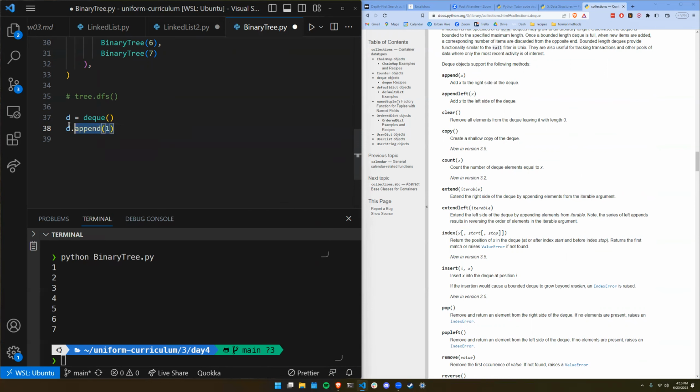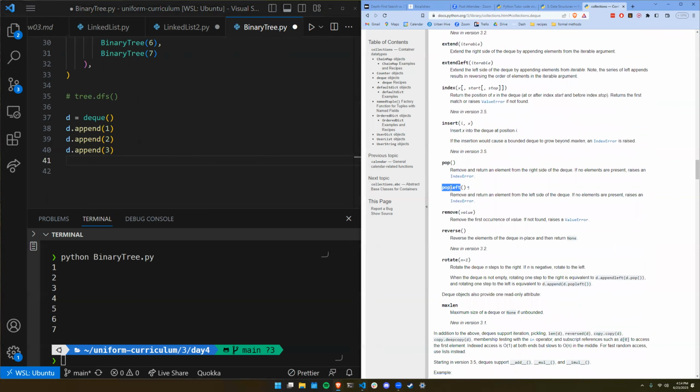1, and I'll just keep doing that. D dot append 2, 3. And then I want to pop off that thing on the leftmost side first. So even though I add to the right, that's the order they come in. The first one to leave should be the one all the way on the left, and that's called popleft